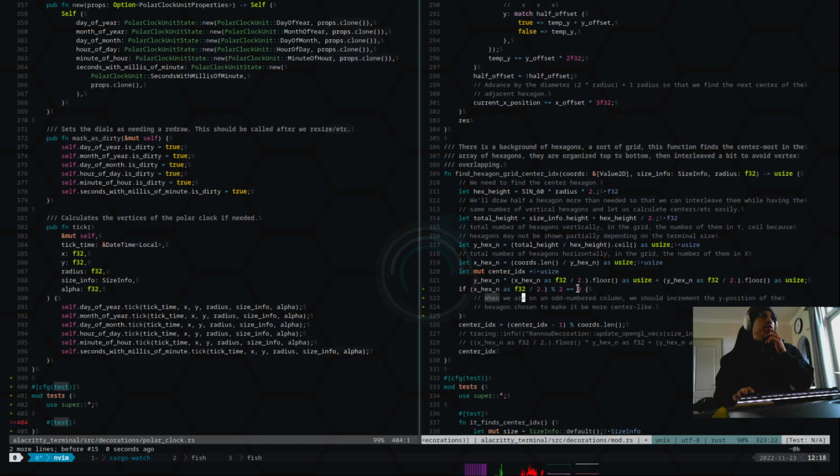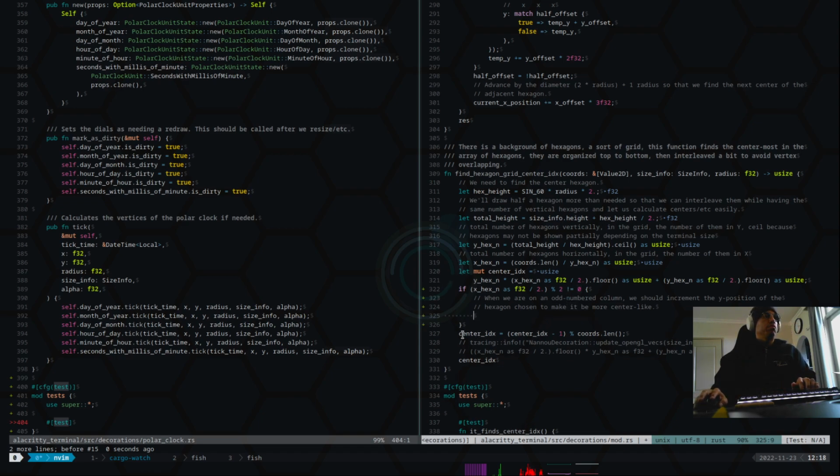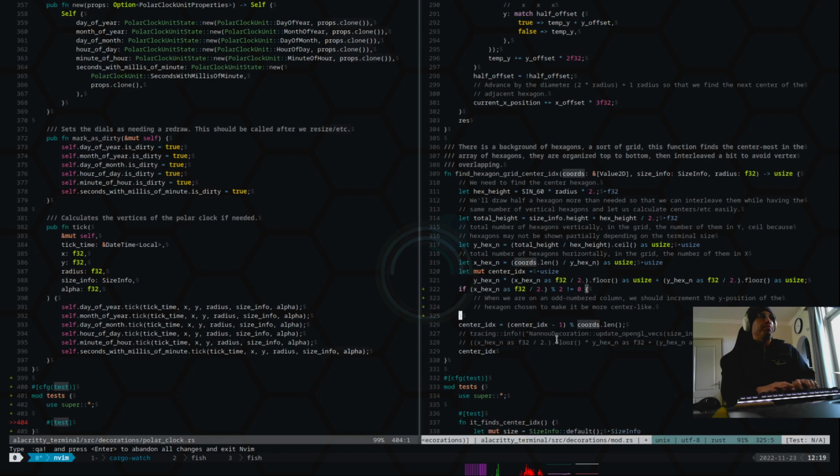When we are in an odd number column, we find the middle. Maybe it works. So if this is true, we could actually kind of do the opposite. Reduce it by 1 only, because otherwise we have to increment it and then decrement it, right? So let's actually put this here and say